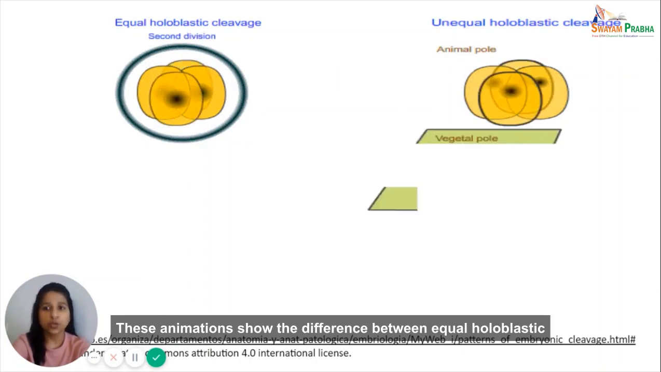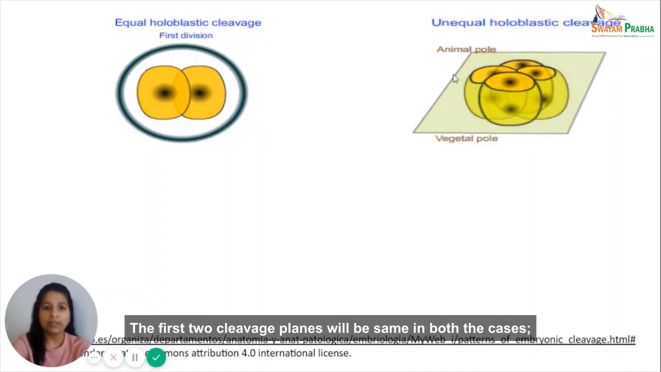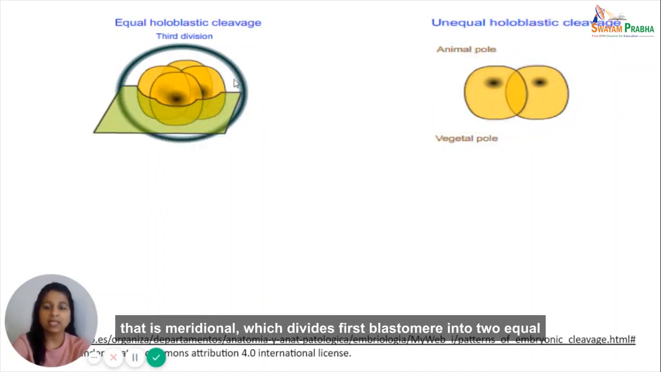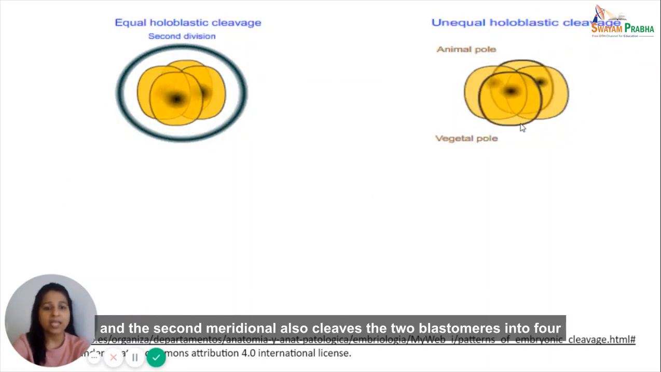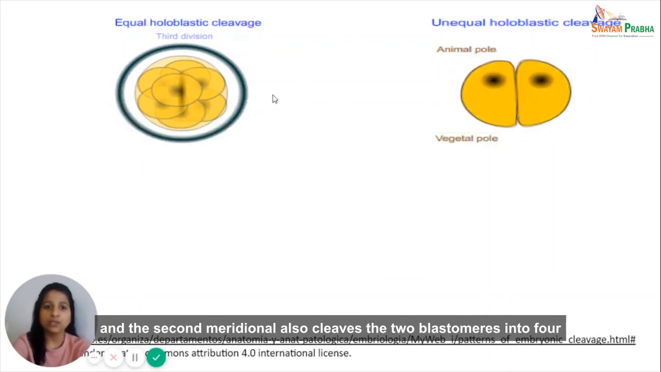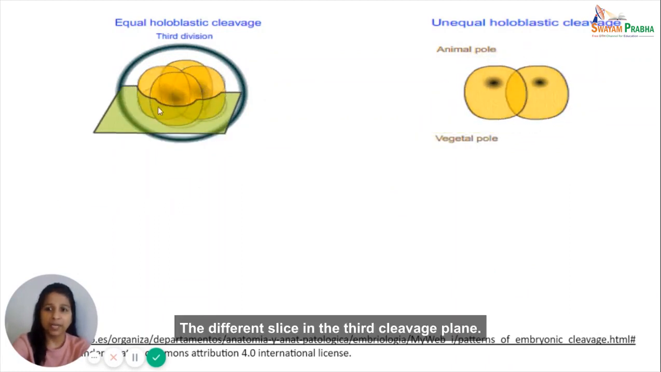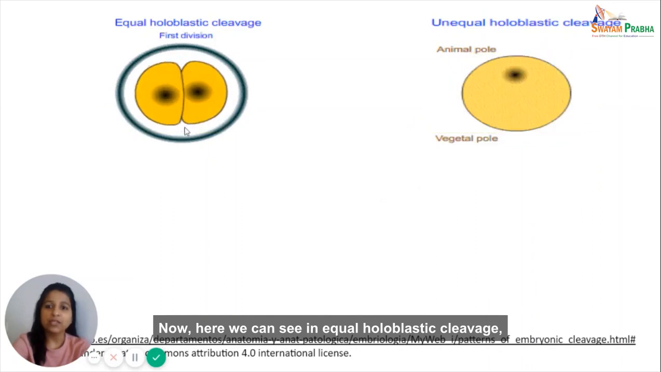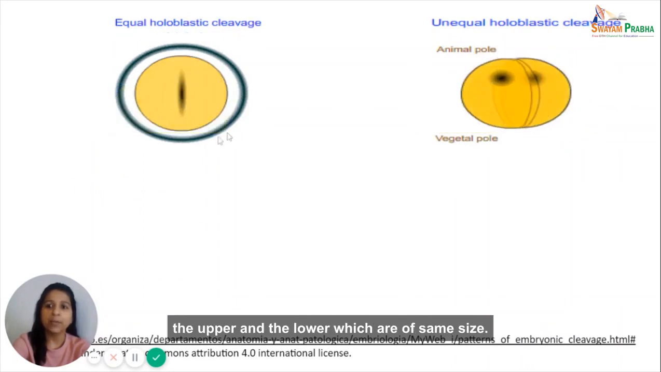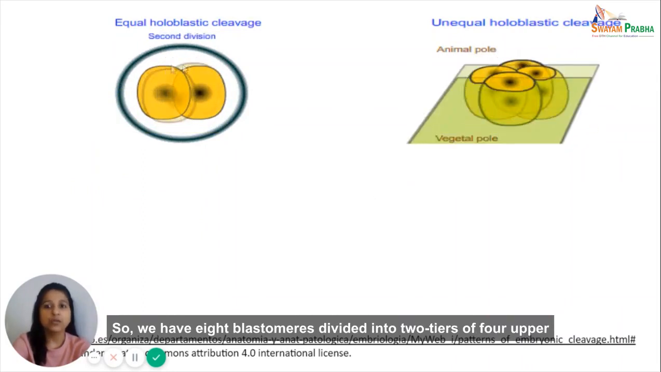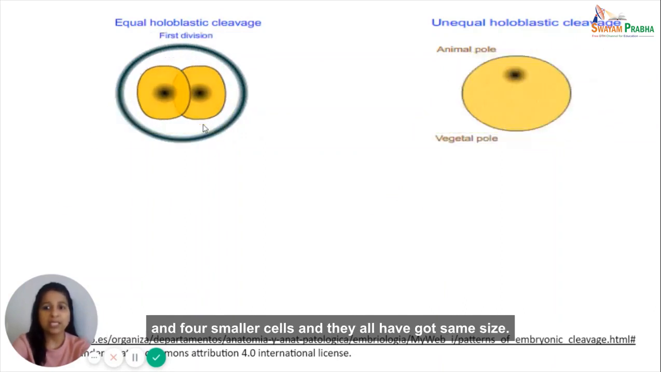These animations show the difference between equal holoblastic and the unequal holoblastic cleavage. The first two cleavage planes will be the same in both the cases, that is meridional, which divides the first blastomere into two equal, and the second meridional also cleaves the two blastomeres into four blastomeres of equal size. The difference lies in the third cleavage plane. Now here we can see in equal holoblastic cleavage, the equatorial plane is dividing the four blastomeres into two tiers of cells, the upper and the lower, which are of the same size. So we have 8 blastomeres divided into two tiers of 4 upper and 4 lower cells, and they all have